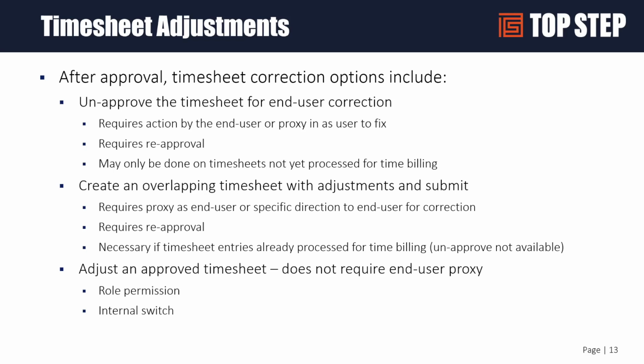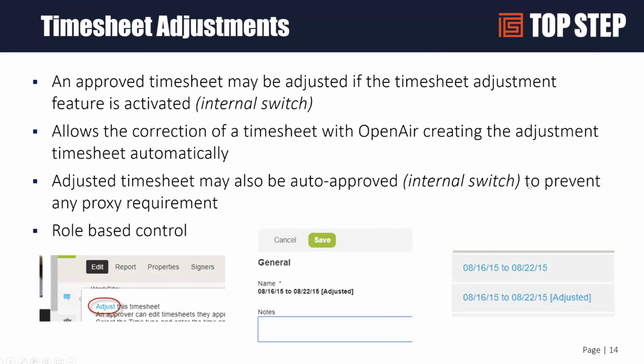And you can also do an automatic adjustment, which does not require an end user proxy. We'll take a look at that. So an approved timesheet can be adjusted if the timesheet adjustment feature is activated, which requires an internal switch. This allows correcting a timesheet with OpenAir creating the adjusting timesheet automatically. And you can set these to be auto-approved as well, which speeds things up. What you would do is you would select this, adjust the timesheet here from the little tips icon, and